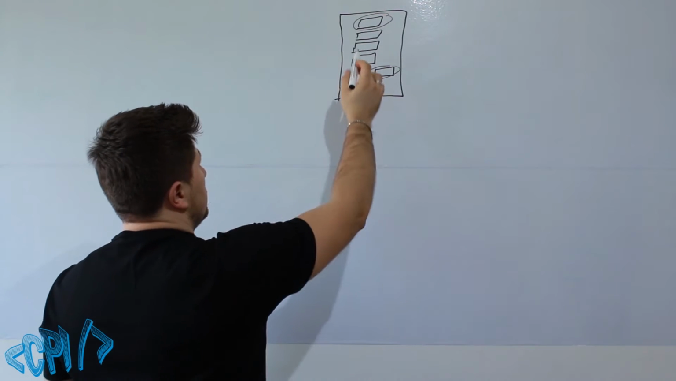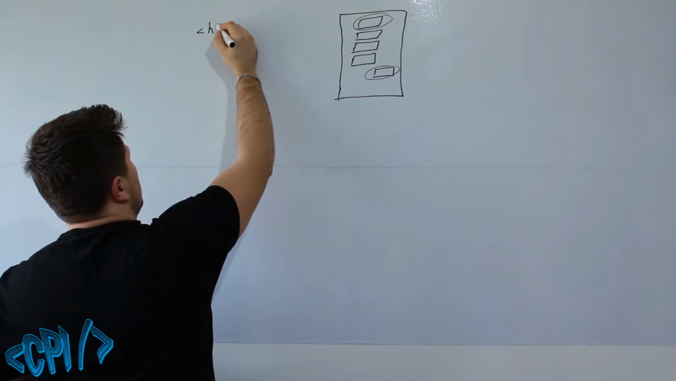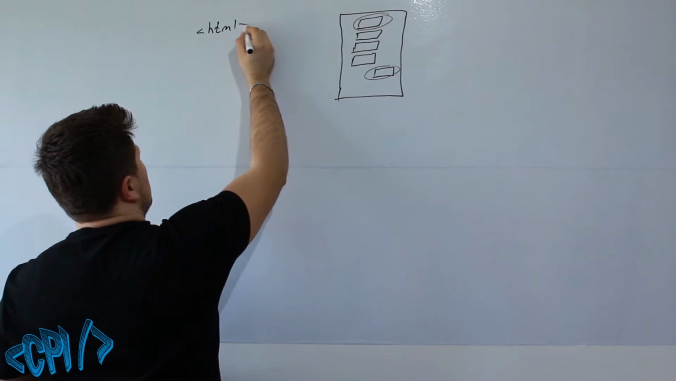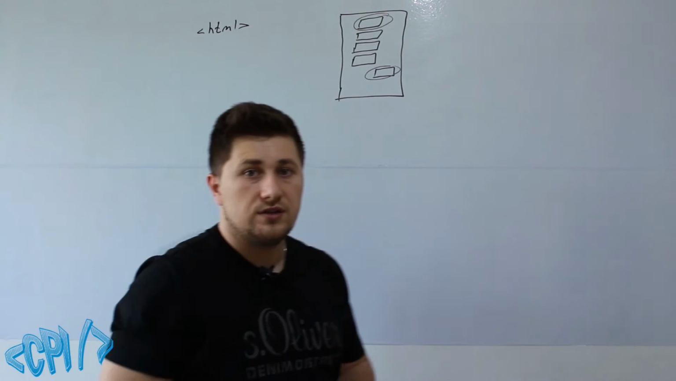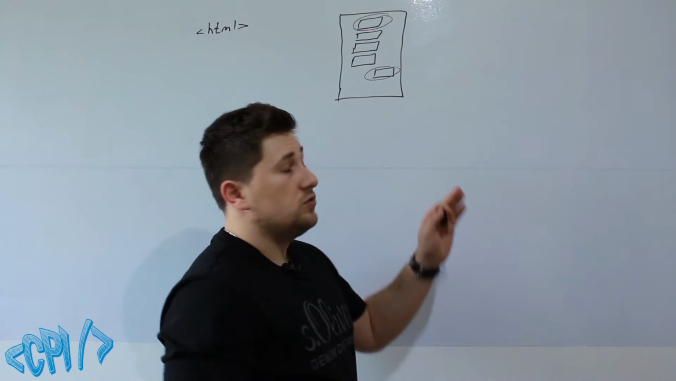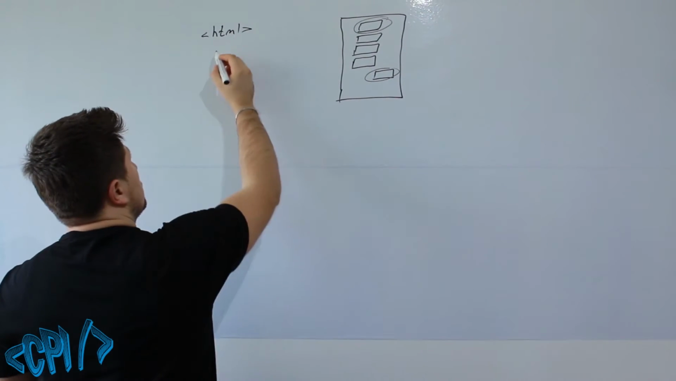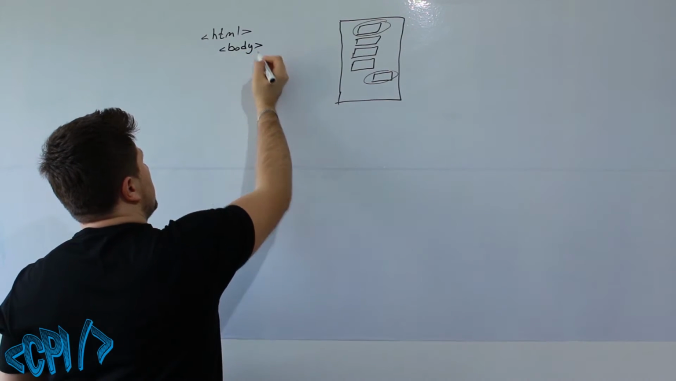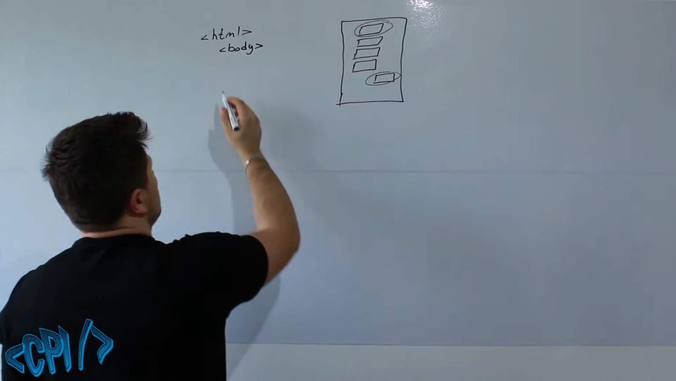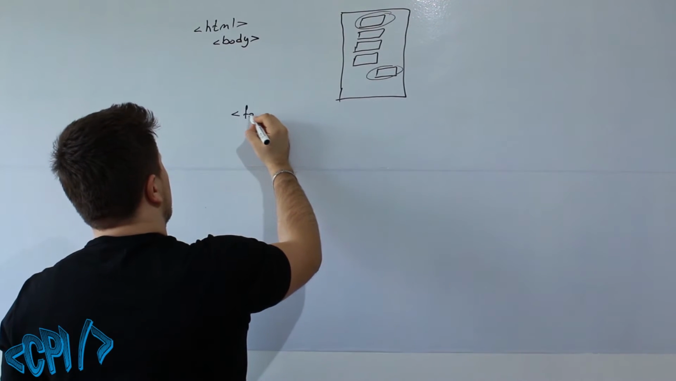So first we are going to define this document, so it will be HTML. Okay, now I'm not going to show you how to set title and other things because I want to keep things simple, so I will show you only how to create this form. So we are going to define body, and inside body we are going to create our form. So form,